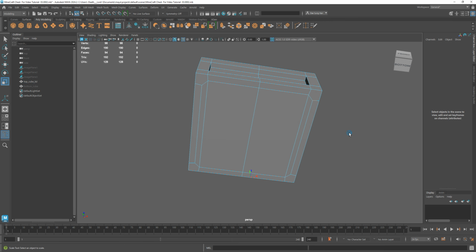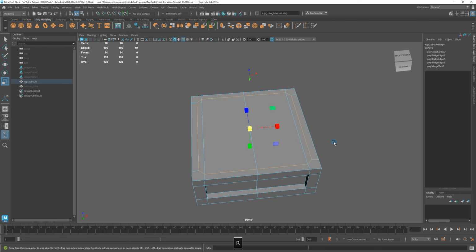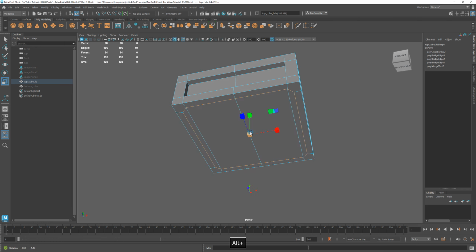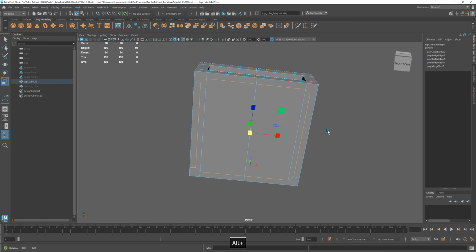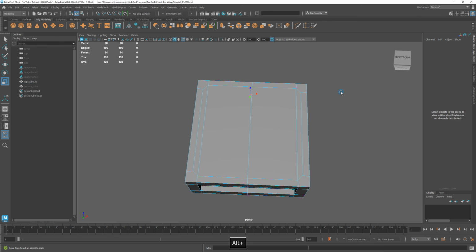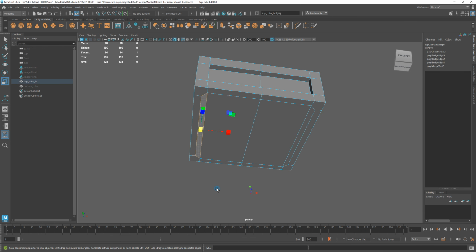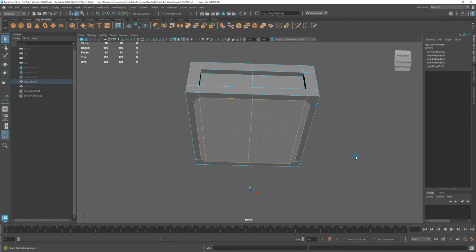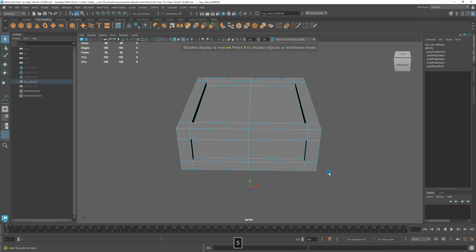Okay, so again, you grab all those edges, you press R for scale, and you just grab this middle so that you can just squeeze it in a bit like that. See? So I just squeeze it in a tad bit, you know, just a pinch. And now I'm gonna go right click face mode. I'm gonna grab this, press Q, grab that, just those. Press 4, make sure I don't have anything selected. Press 5,